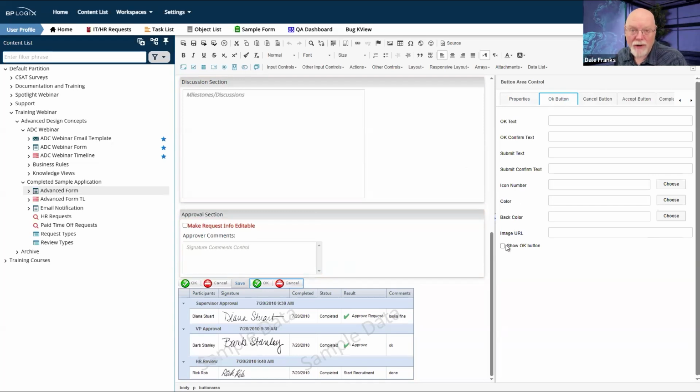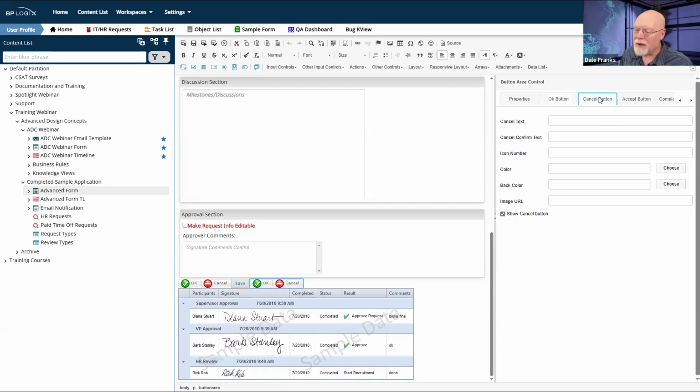Normally, after your activities are all done and your timeline is complete, when you open up a form instance, you'll see two buttons still, OK and cancel. And the OK button, theoretically, is still a submit button. And if you make any changes to the form, theoretically, you could still save the form when you click the OK button. Well, there's an additional security measure, I guess, that you can implement on a form, which is by having this second button area control here and turn off the OK button.